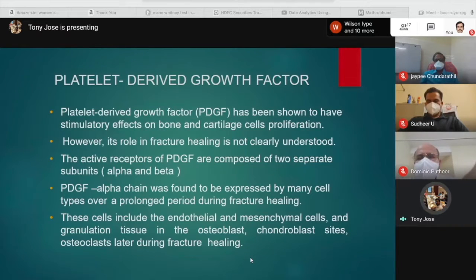Next growth factor, platelet-derived growth factor. It has been shown to have stimulatory effect on the bone and cartilage cell proliferation. However, its role in fracture healing is not clearly understood. The active receptors for PDGF are composed of 2 separate subunits, alpha and beta. PDGF alpha chain was found to be expressed by many cell types over a prolonged period during fracture healing. These cells include the endothelial mesenchymal cells, the granulation tissue in the osteoblast, chondroblast site, and osteoclast later during the